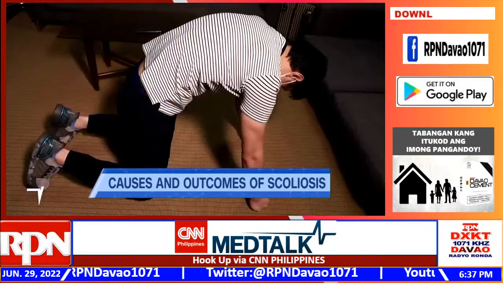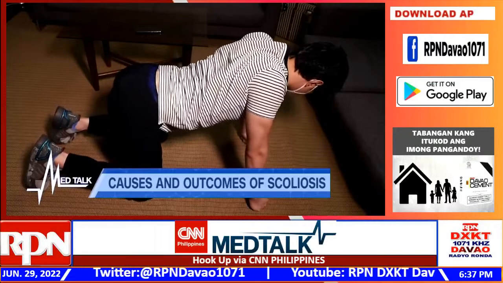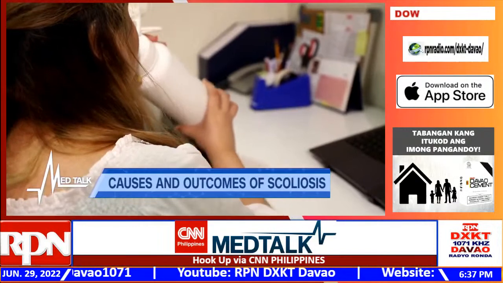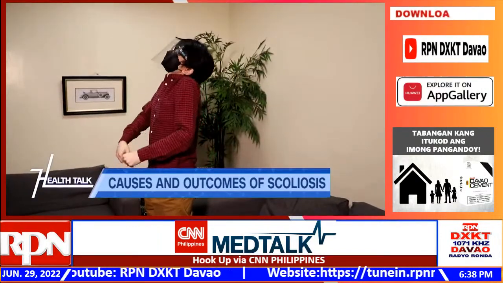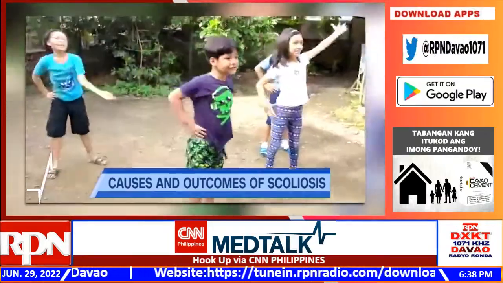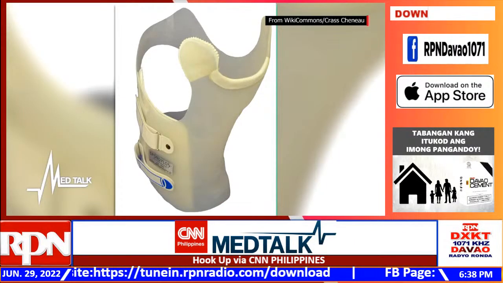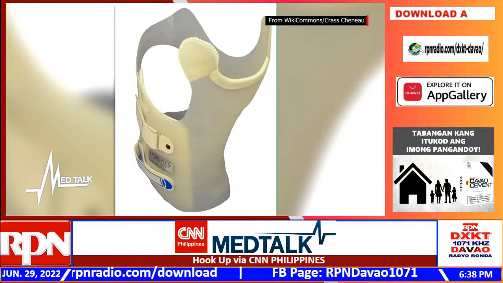But when you catch them early, like 10 degrees to 25 degrees, proper exercises and muscle strengthening would be the proper treatment. And we give them to rehabilitation medicine so they can prescribe proper exercises and muscle strengthening. For young patients like 10 years old to 14 years old, you have 25 degrees to 40 degrees. We require them to have a brace to prevent it from progressing and somehow correct the deformity.